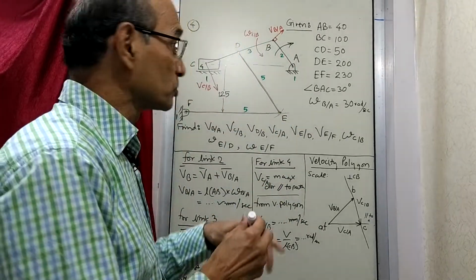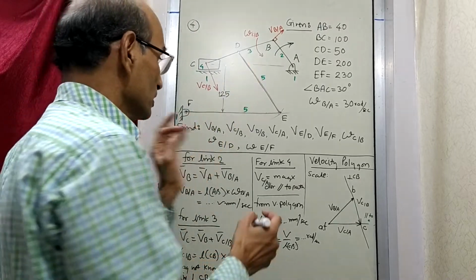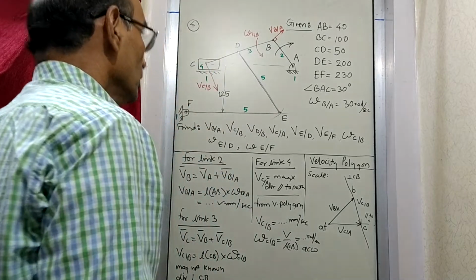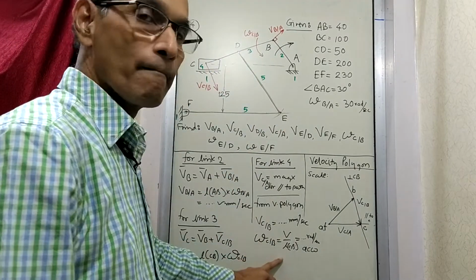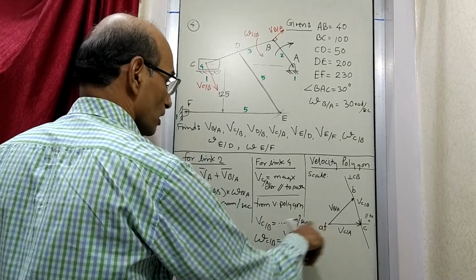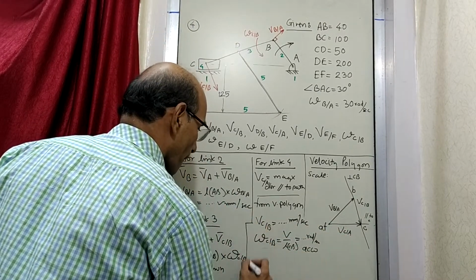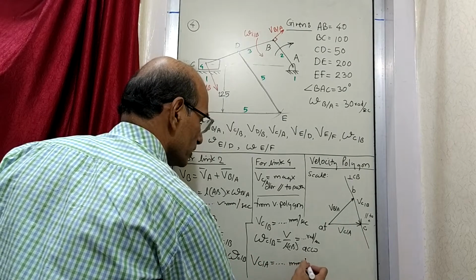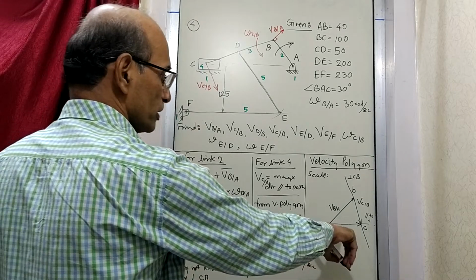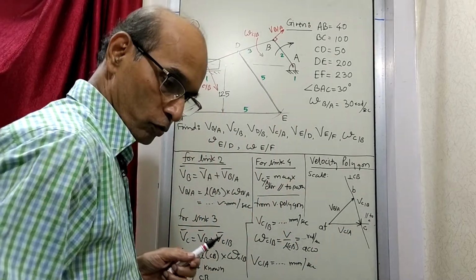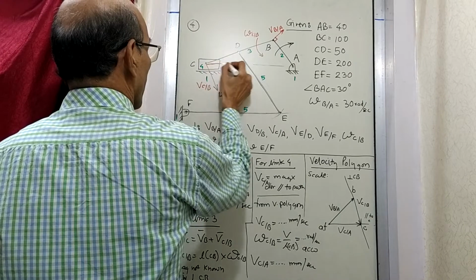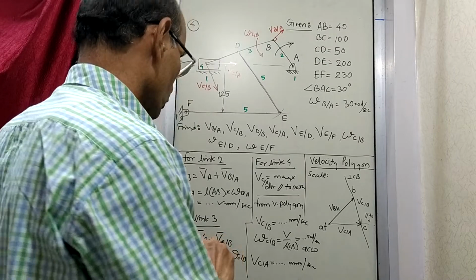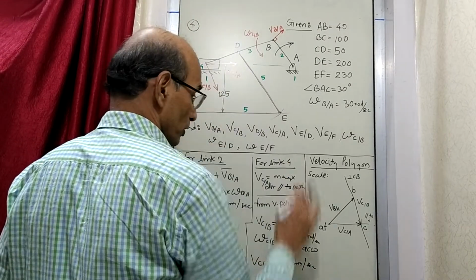So that is what we were talking about at the start. We were saying that it will be like this. So it has come like that, which is anti-clockwise. So write here ACW. The angular velocity is anti-clockwise. And the other thing is the velocity of C with respect to A. This is a linear velocity. This also is a linear velocity. So this is towards right. So this is going to move towards right. So we got the direction of the velocity of C with respect to A, which we have already shown here.